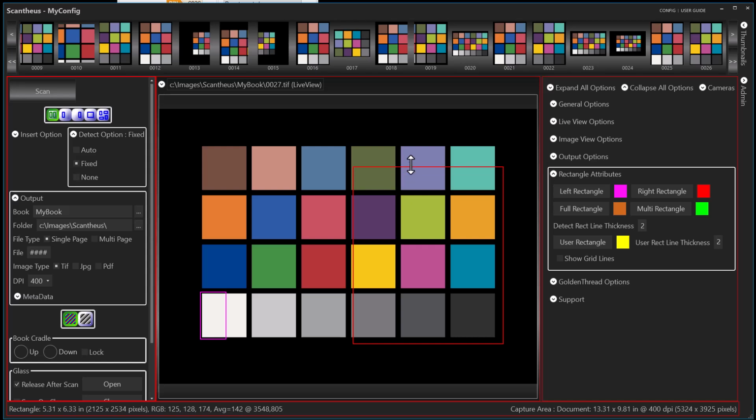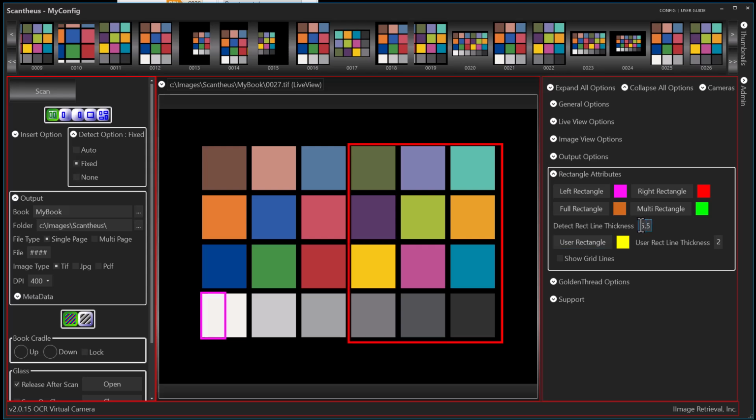This detect line thickness, let's go back to fixed, and so let's have some bigger rectangles here, is the thickness of the line as it's drawn. So you might prefer a thicker line, let's say 4. See, it's a little thicker. You can also use a mouse wheel here. So that helps bring out the